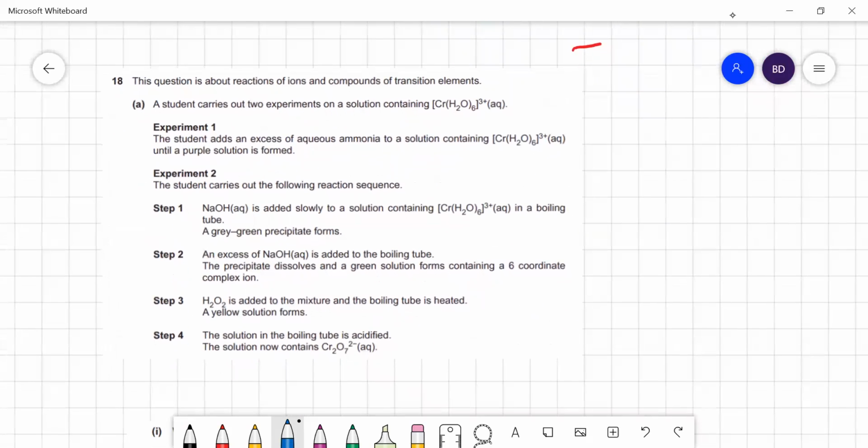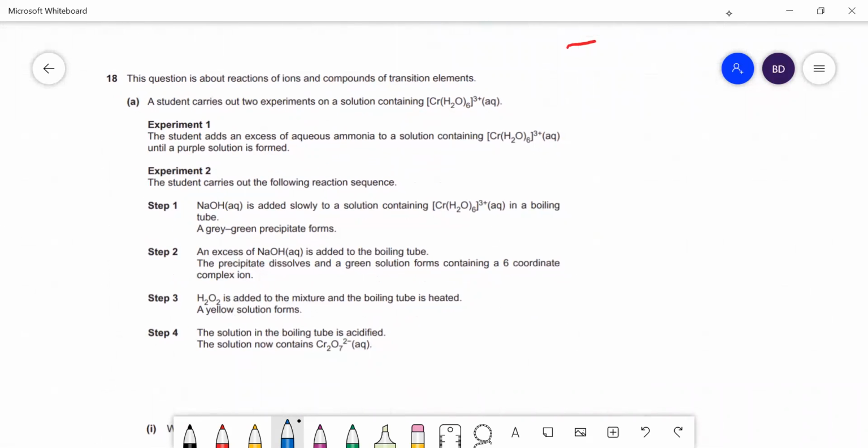Okay, so this is about transition metal chromium in aqueous solution. Before we look at the question, let's just see what's going on here, and then we'll answer the questions. So experiment 1. You've got this complex here, the hexaqua chromium 3 plus. Now if you add